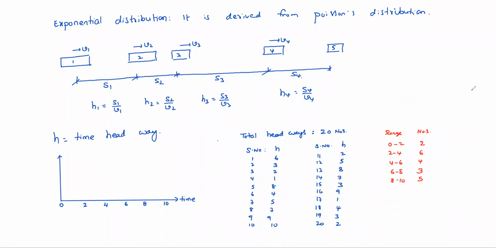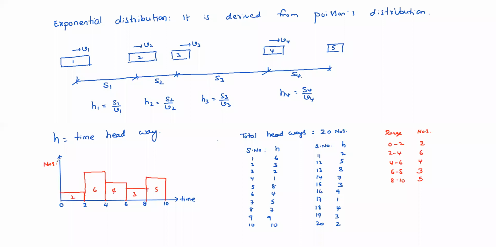Okay, now we can plot here. 2, 6, 4, 3, 5. This is the distribution of numbers. See, the time headways distribution is like this. Okay, if the distribution is like this, then